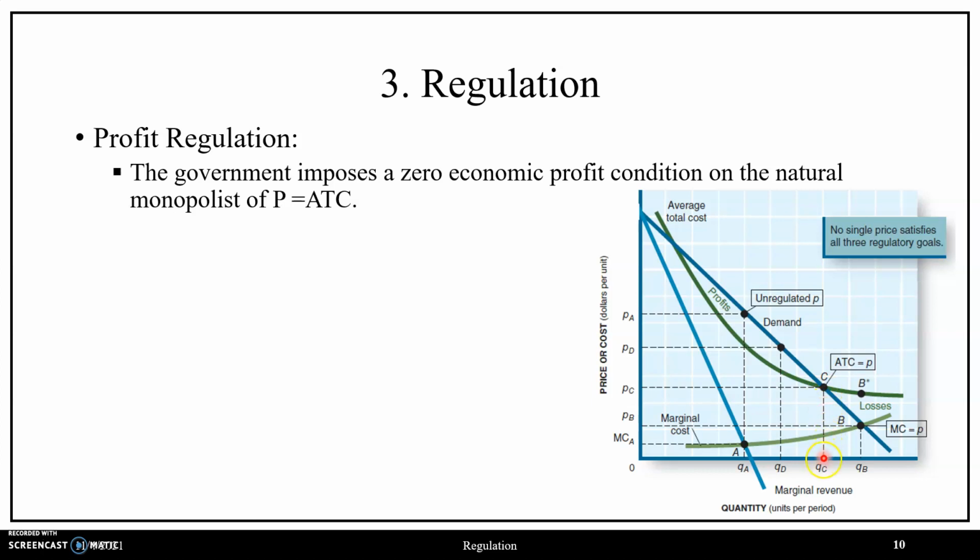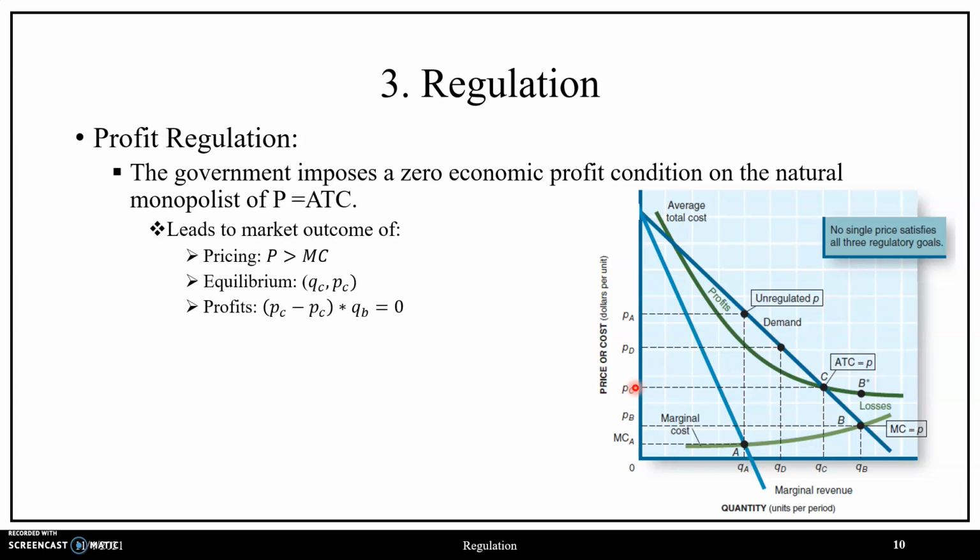Moving down in terms of quantity, we see that this also corresponds to a quantity level of QC. So this regulation provides the equilibrium output QC at a price point PC, where since price is equal to average total cost, we will also have zero economic profits as a result,